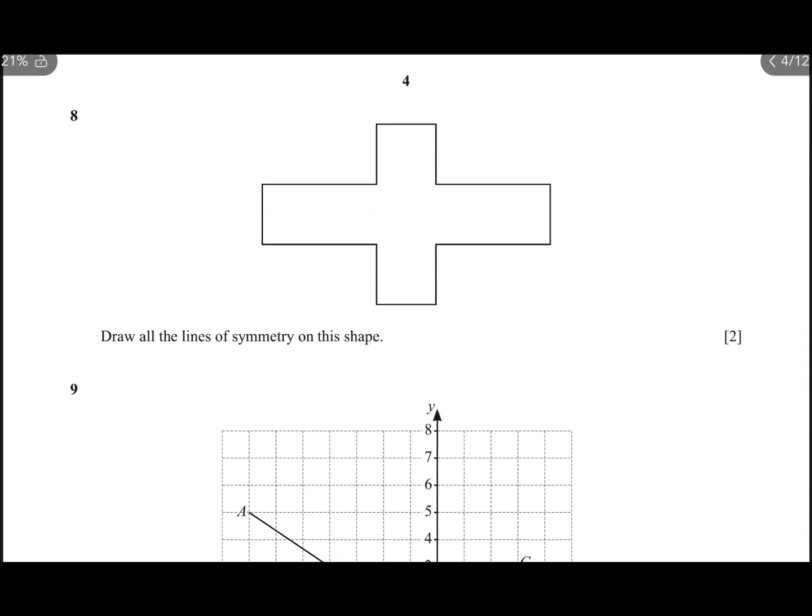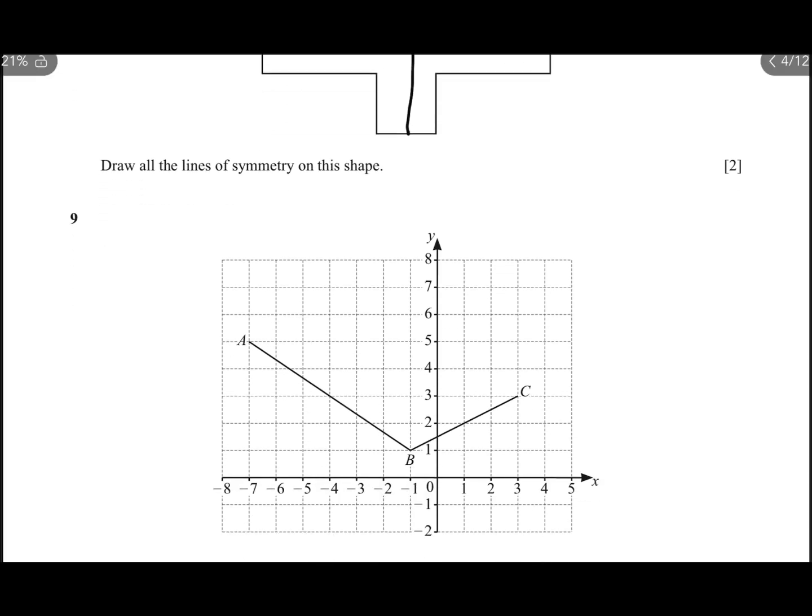Draw all the lines of symmetry of this shape. It's looking like a cross. It's here and also it's here. So this is the line for that. All right, question 9 says